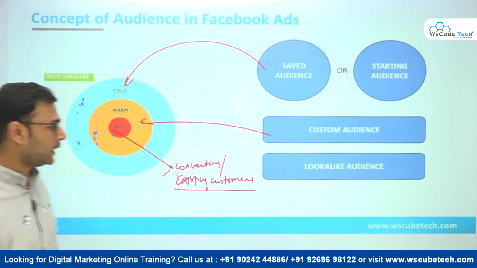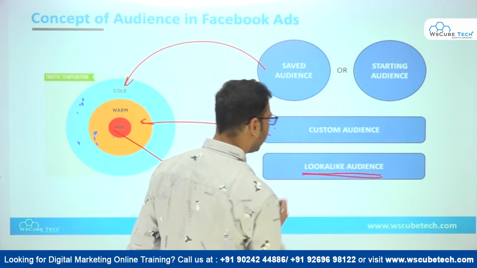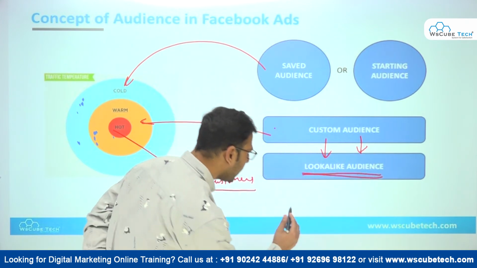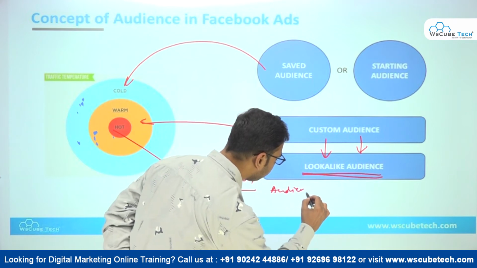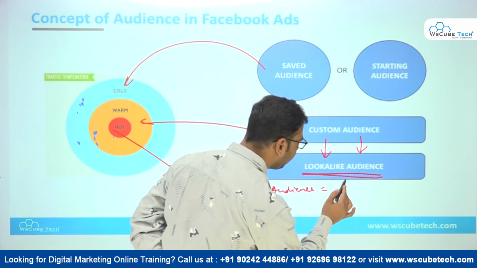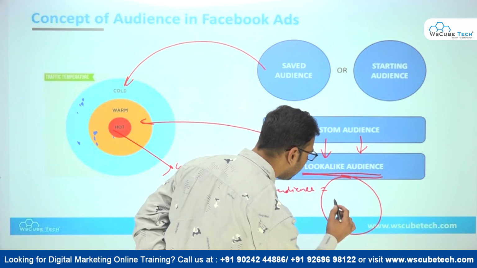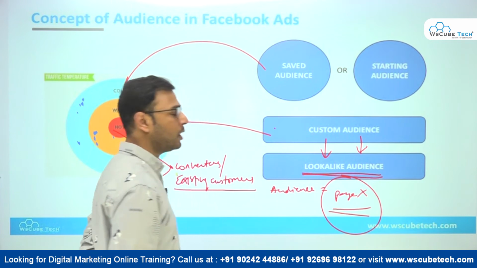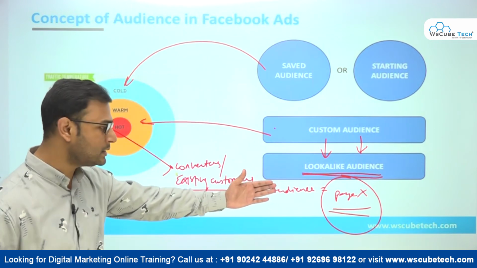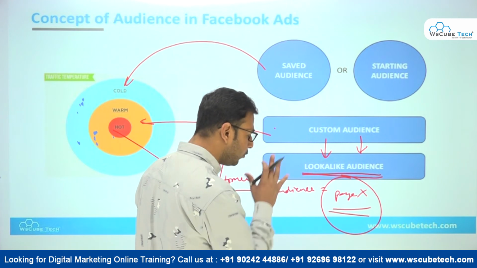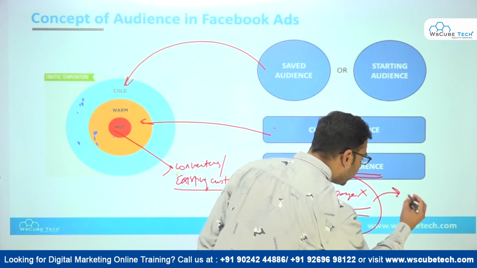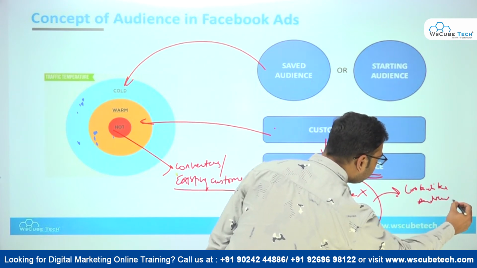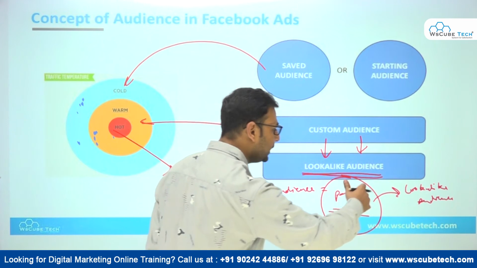Now, coming back over here, if we talk about the lookalike audience, it is basically the lookalike of a custom audience, right? So suppose you have an audience which comprises visitors who visited your page X, and now you want Facebook to create a similar audience. Lookalike means similar audience. So you want Facebook to create a lookalike audience of these people, so that you can target these kinds of people, or find new people like these.